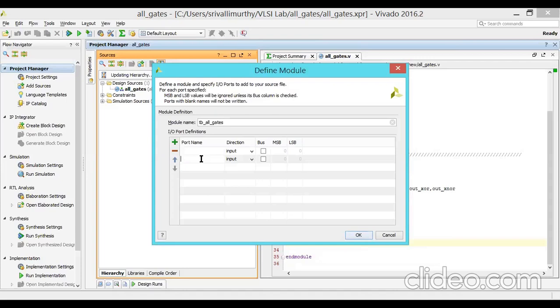Simply leave the I/O port definitions, then the software thinks this is the test bench program. So in a test bench program, don't give any port definitions. That's okay.